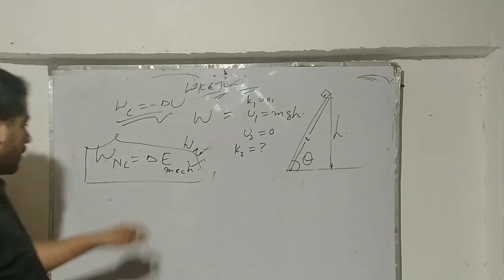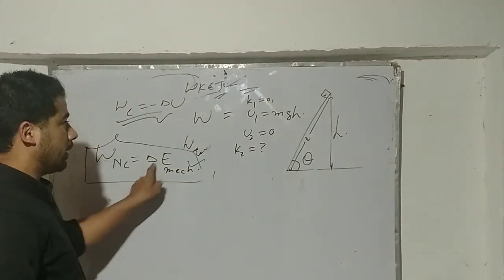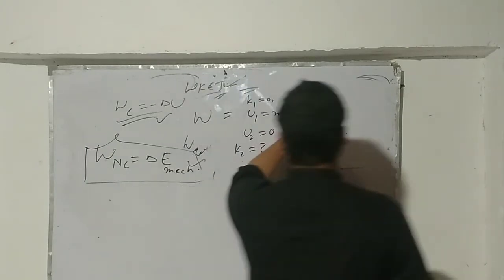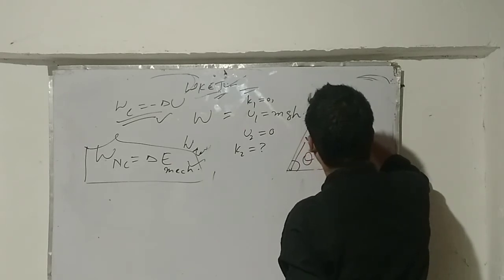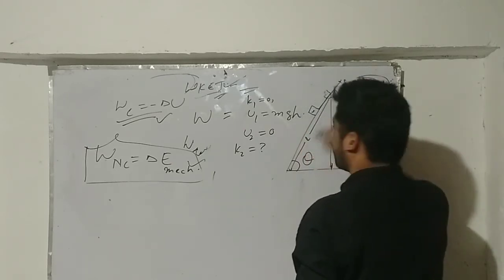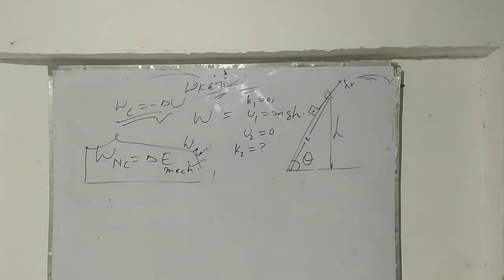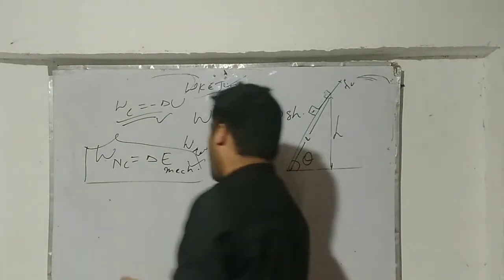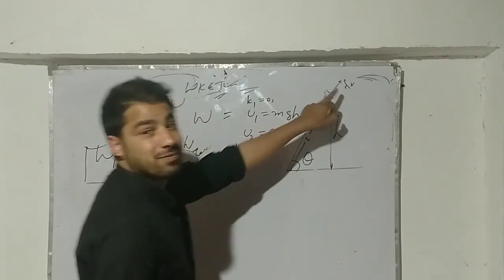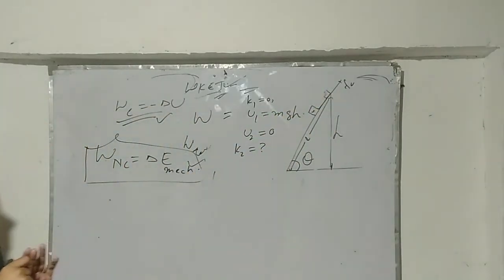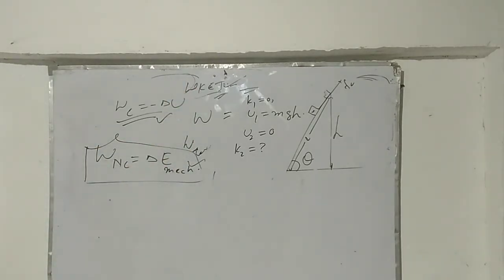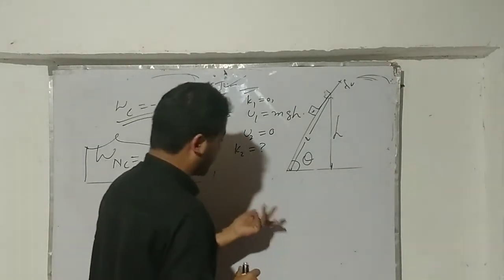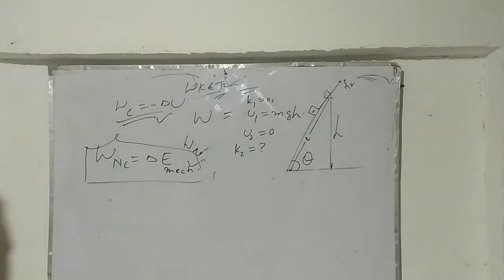Okay, this is the thing that I will calculate first. Now, if I want to know when my block is at any instant of time, say here, there is a frictional force that acts on it, and frictional force is a type of non-conservative force. The only thing I want to know here is how much work is done by this frictional force, and it will lead to the corresponding change in mechanical energy. This is an insight I need to take into consideration here. This way, I can calculate the speed of this block when it reaches the bottom.